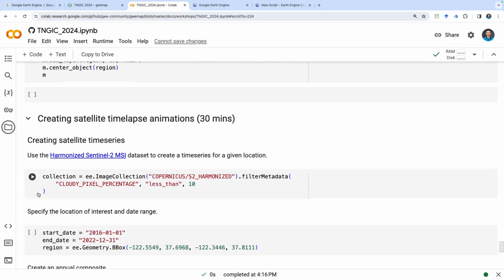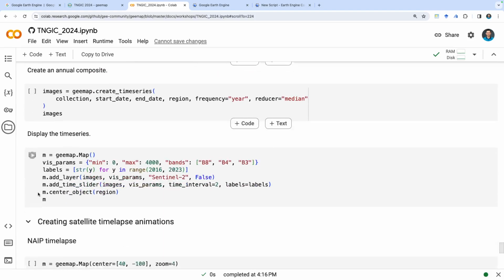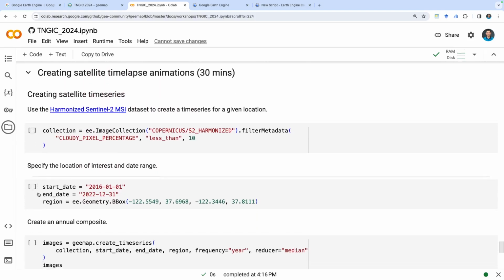Okay, so that's about exporting data. And the last section we're going to quickly go through is creating animation. So this is probably the